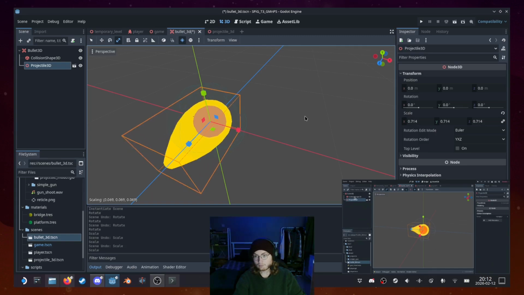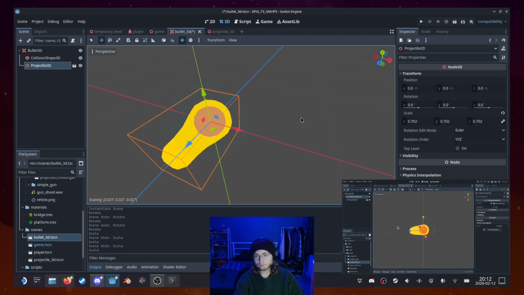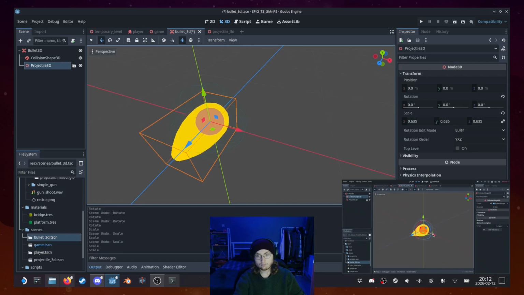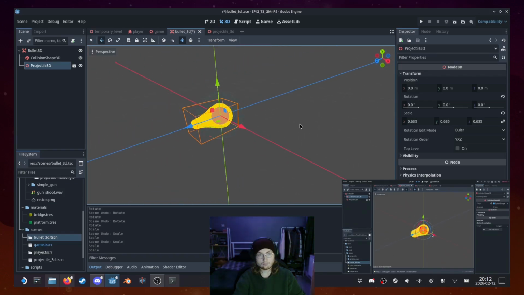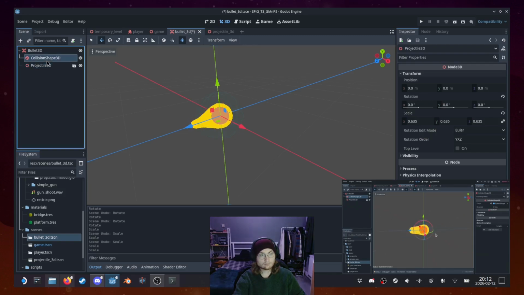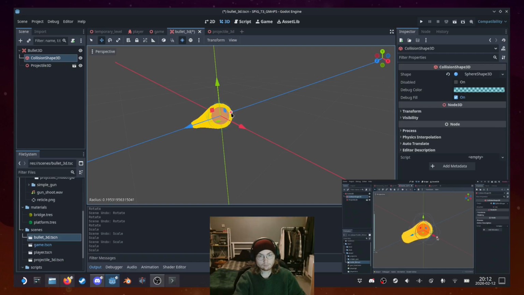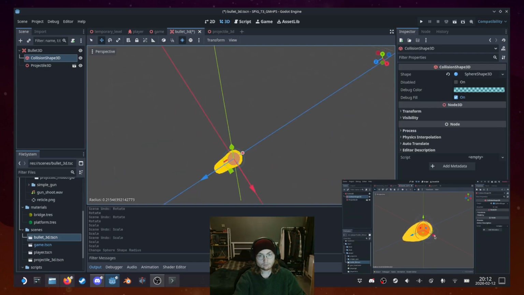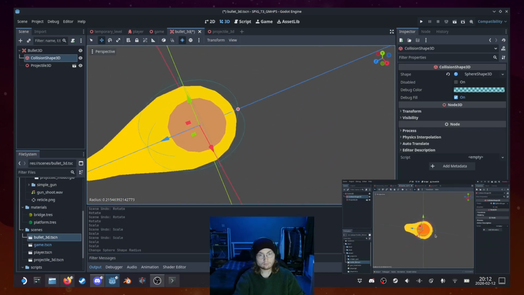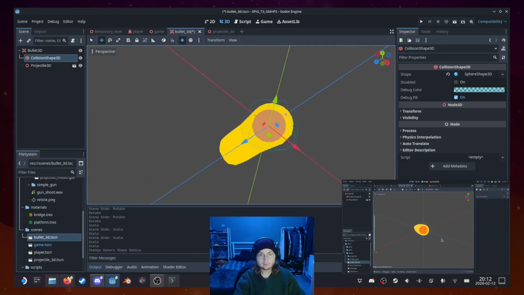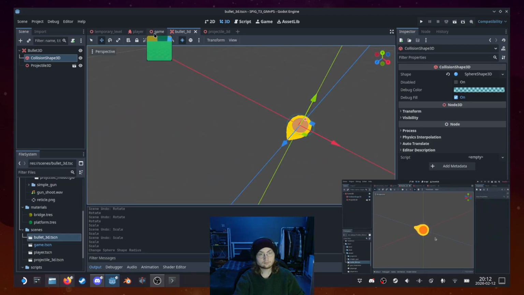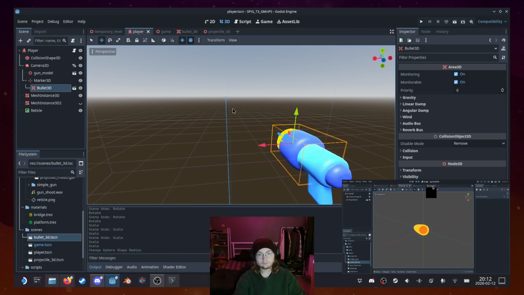And then I'm going to select the collision shape 3D node, and I'm going to go back to the select mode and click on the handle. I'm going to press Shift on my keyboard to make the collision shape a bit smaller. Actually, I'm going to turn off snapping again, zoom in, and click and drag on the handle to make the sphere a bit smaller. Okay, now if I save the scene by pressing Ctrl S on my keyboard